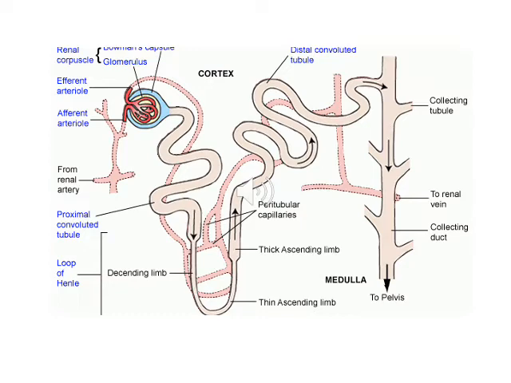The outer parietal layer of the renal corpuscle, the Bowman capsule, is made up of very thin epithelial cells, and the middle basement membrane is a selectively permeable area. The inner visceral layer of the Bowman capsule consists of large nucleated cells that have finger-like projections. Those cells are called podocytes.